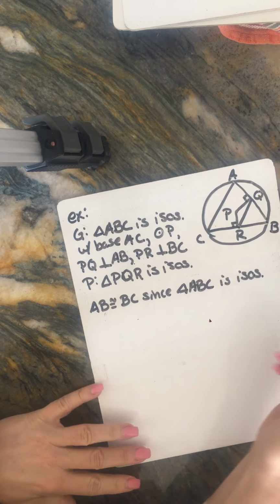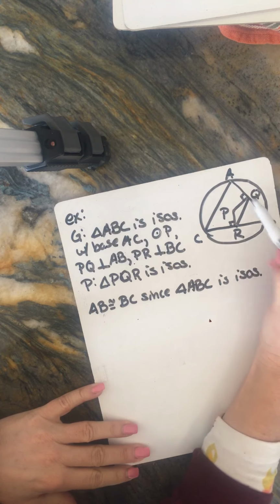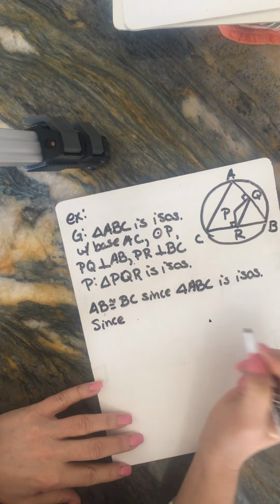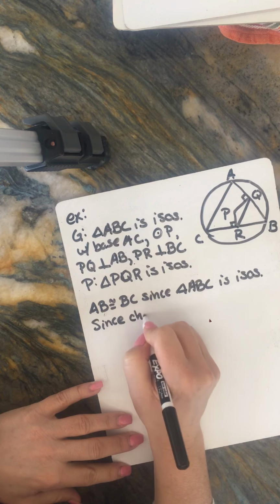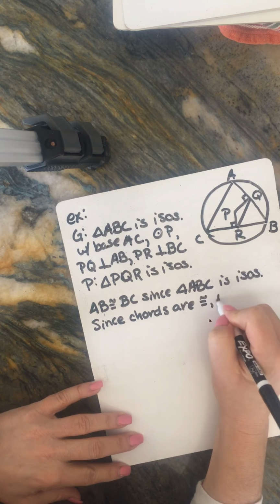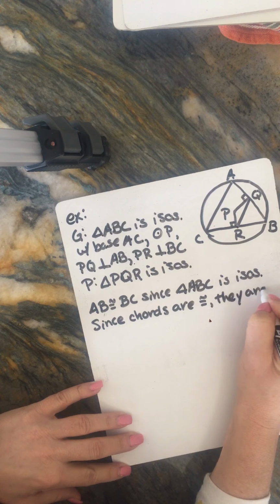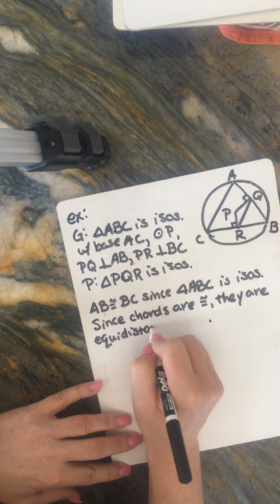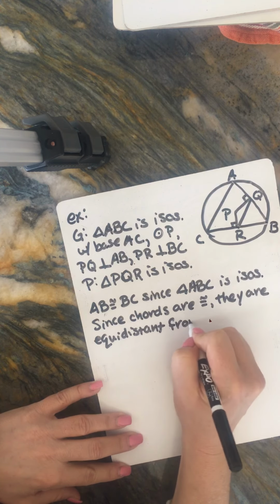Alrighty, if they are congruent chords, then we know they are equidistant. So that means that since chords are congruent, they are equidistant from the center,